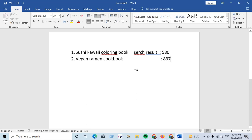And our third niche is sushi cookbook for beginners, and the search result is 1656. So we are discussing three niches: sushi kawaii coloring book, vegan ramen cookbook, and last one is